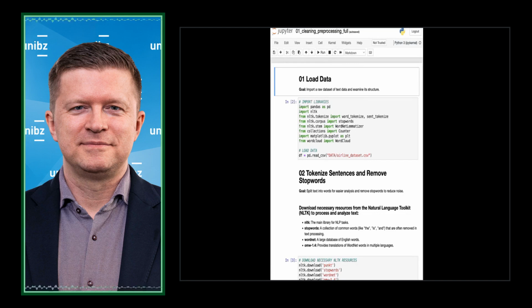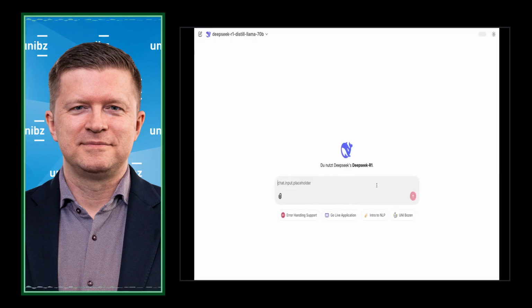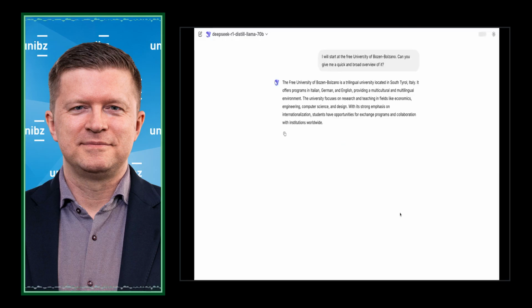Also, you can compare the results of different models. I can start all over again, but it's not really starting all over again because I'm in the same session. I'm starting with a question about the university, and then I could switch the models, and the models still have the previous answers in the cache, but use them to answer my question.